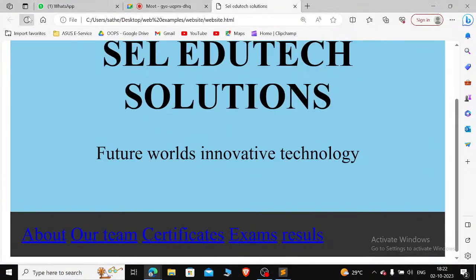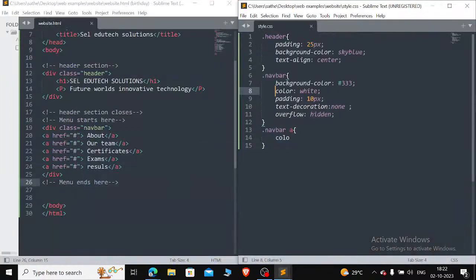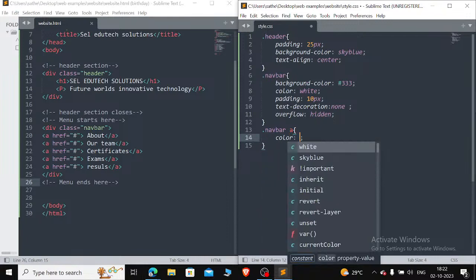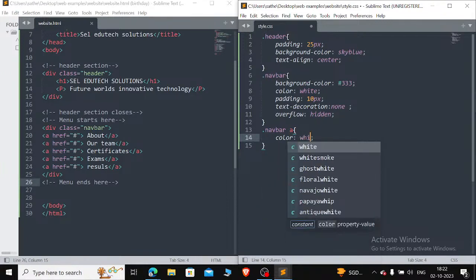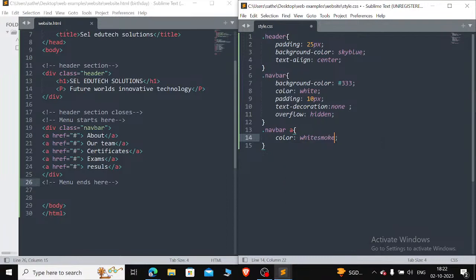Now same thing again coming. Yeah, now we will specify here. Okay, so color is to be off. I am going with white smoke. So we have different types of colors. So based on your requirement you can give, guys. Okay, color I am going with the